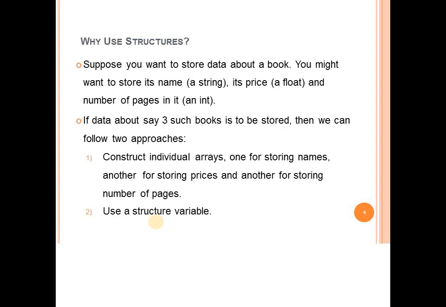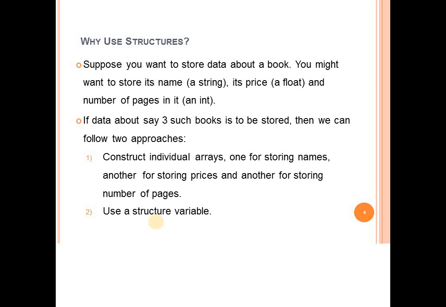So first of all, let us understand why we use structures. My dear friends, suppose you want to store data about a book. When I say a book, what data is associated with the book? A book comes with its name, its price details, the number of pages in it, as well as author, publisher and even publication year and so on. Suppose I would like to store the name of the book, price of the book and number of pages. So how will we save the name in C programming?